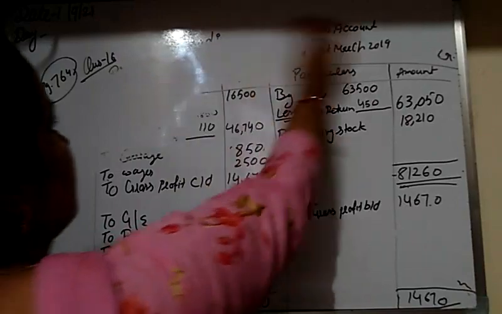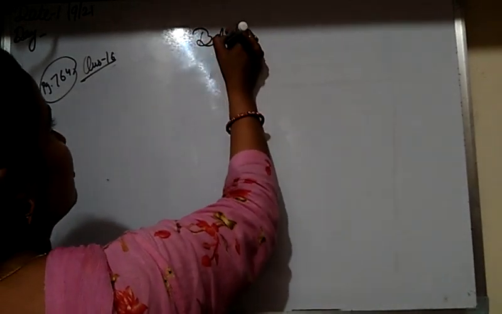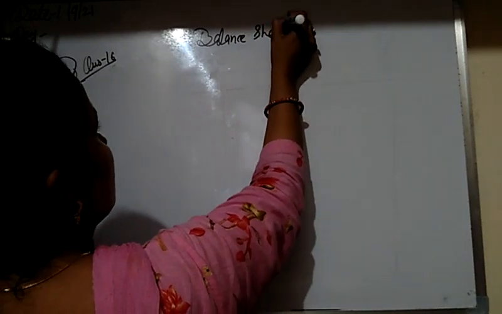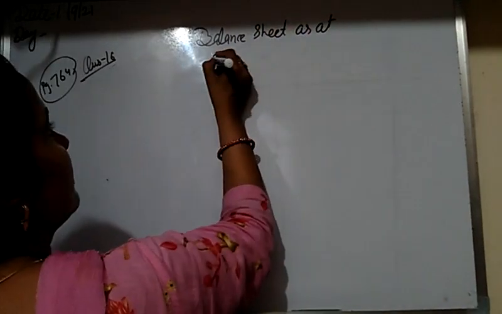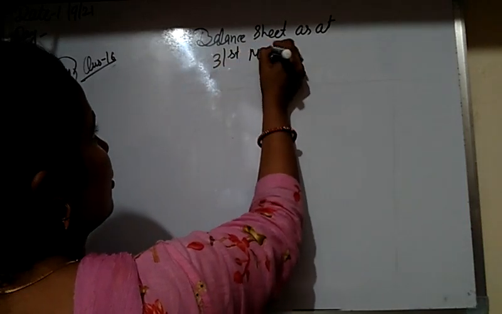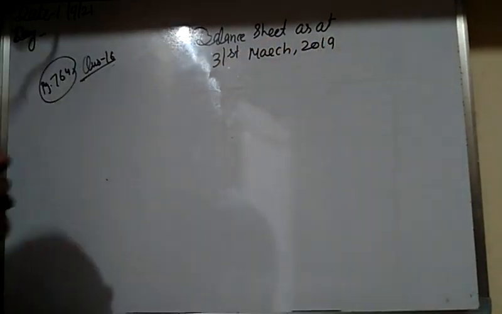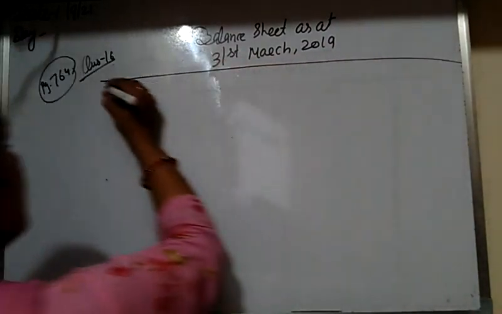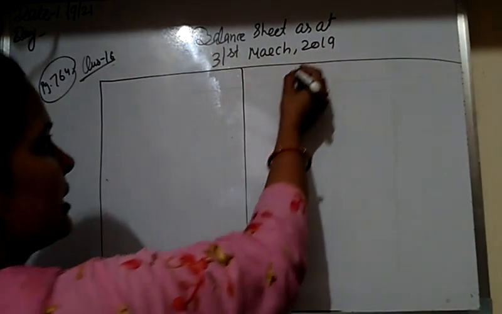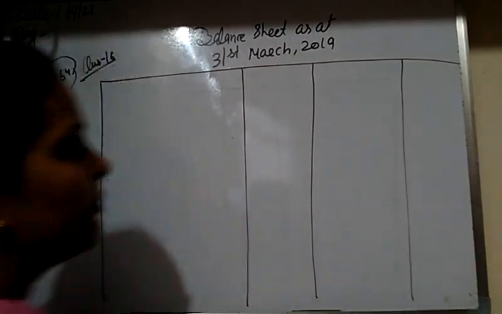Next is the balance sheet. So we are writing the balance sheet. First of all, on the head we write Balance Sheet as at 31st March 2019. Okay students, the proforma of the balance sheet is similar to the trading and profit and loss account,